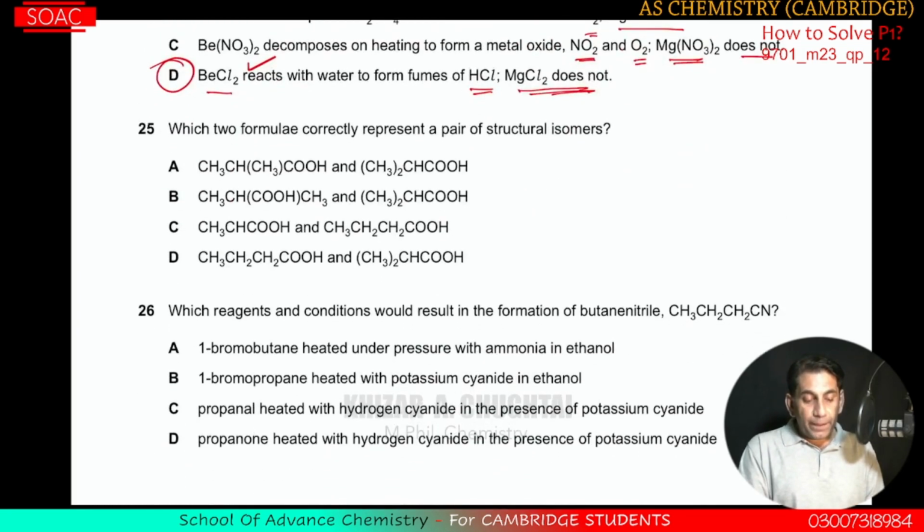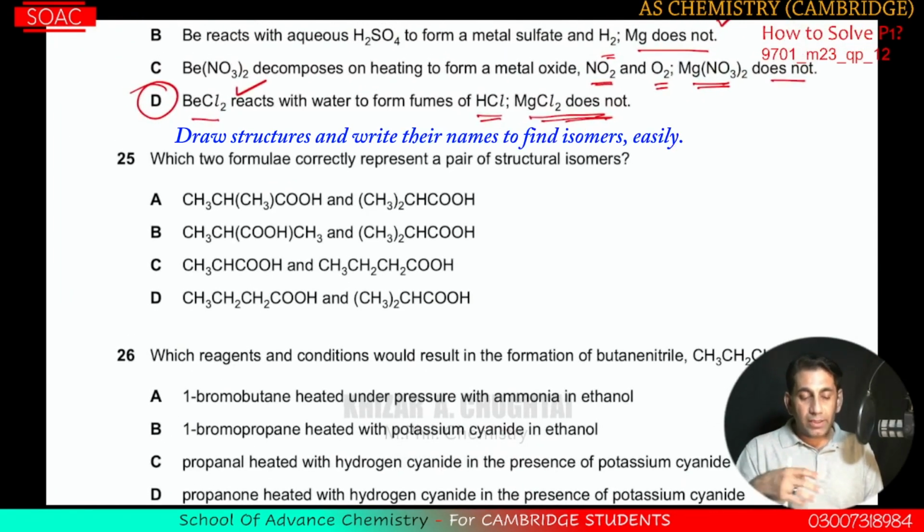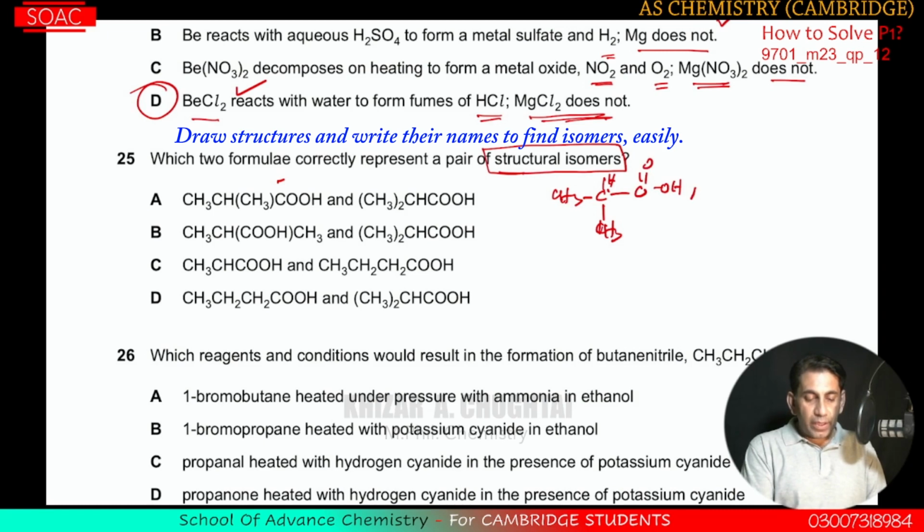Question number 25. Which two formulae correctly represent a pair of structural isomers? Option A, and I'm going to draw the structures of these different compounds. What are structural isomers? First of all, isomers are compounds having the same molecular formula but different structural formulae. In option 1, I'm going to write the formula: CH3, CH, CH3, CH, C double bond OH. The next one is